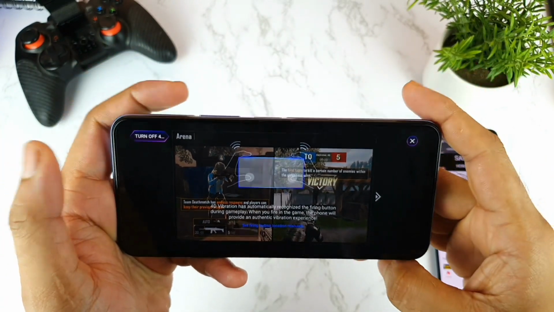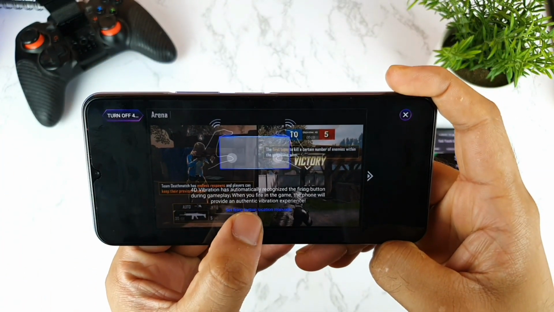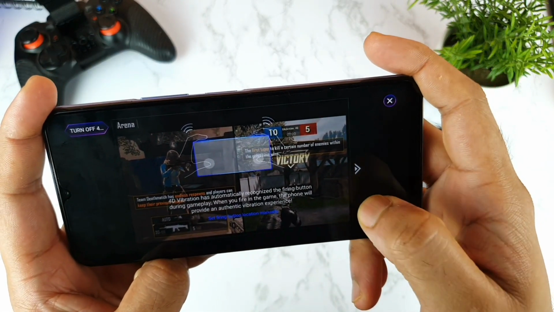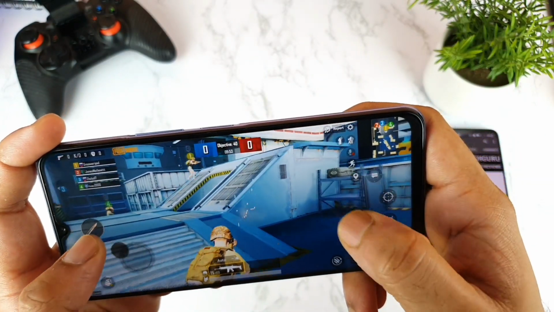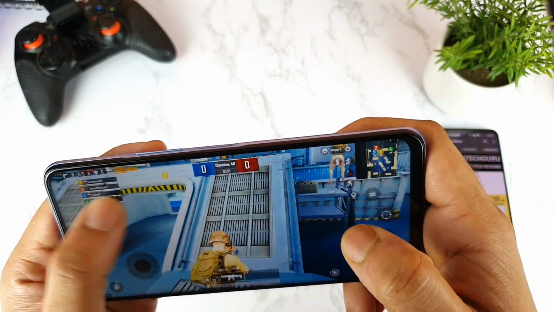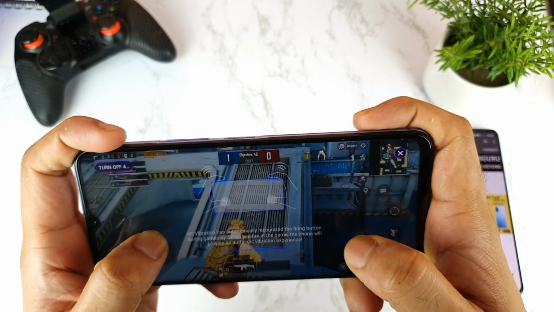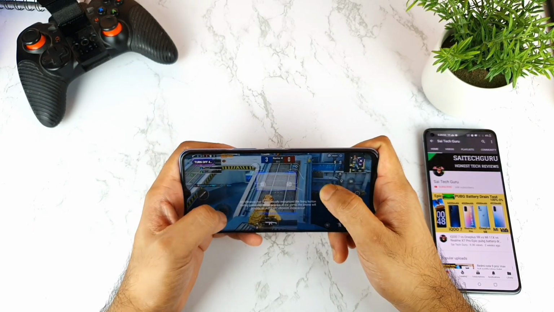And I did turn on the 4D vibrations at this point. As you can see, you'll get this kind of message: 4D vibrations has been automatically recognized by the firing button. So automatically you will be getting the 4D vibrations at this point. But right now I'm not getting any kind of 4D vibrations. As you can clearly see, friends, I cannot feel much when I'm trying to play. I'm not sure what is happening.